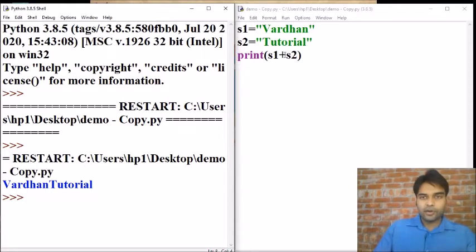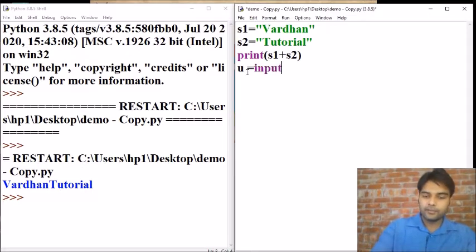Now if we want to append a string, what will we do? Suppose we want to take a string from the user, then we can write u is equal to input, enter name.